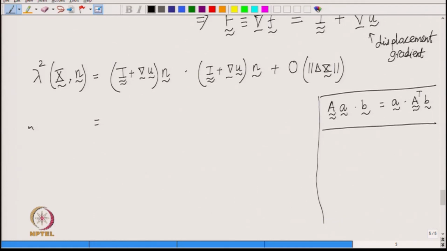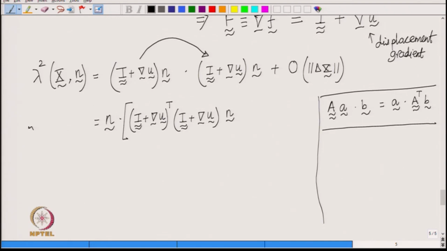So, look here also, let us say I want to bring this on the other side. So, what should I do? I have to transpose it, right. So, this becomes small n dot with identity plus gradient of u transpose into identity plus gradient of u times n. So, this whole thing is together plus this big O of delta x,